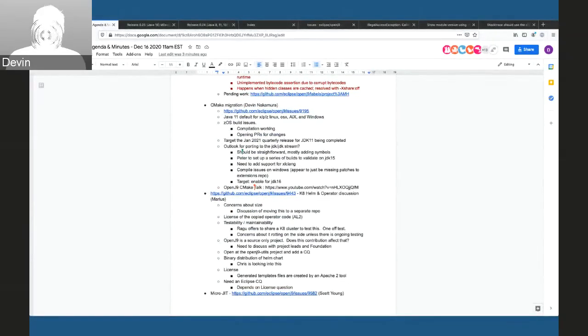Yeah, I'm running a build now to check my changes for the Windows patches that need to get moved up to the new extension repos. The AIX XL Clang stuff, I've pushed on to Sharon. I don't know if she's had a chance to take a look at that yet.